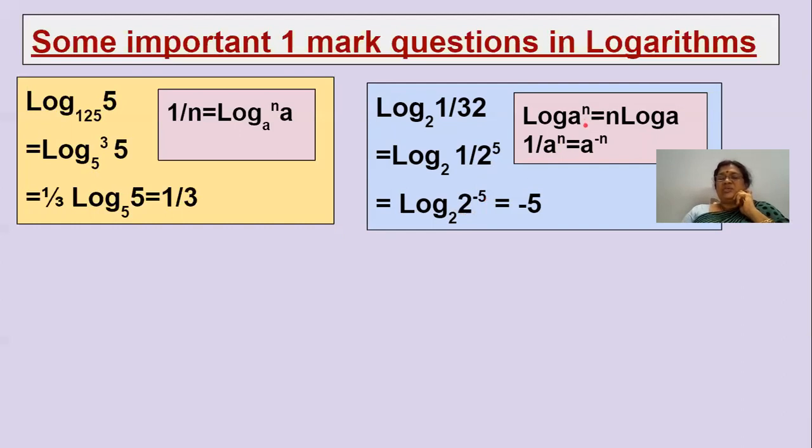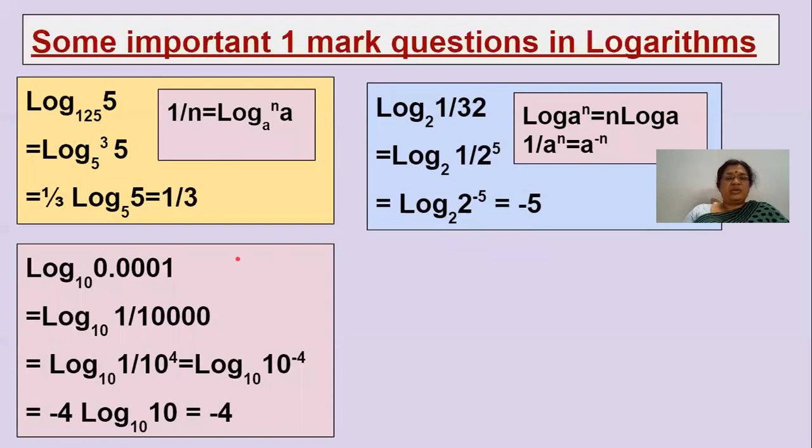So when you look at this formula, log a to the power of n, the answer for this is n log a. So this 5 will come and sit in front. So you'll get n log a. Here you'll get minus 5 log 2 to the base 2. Log 2 to the base 2 is 1. Log a to the base a is 1. So minus 5 into 1, you'll get minus 5 as the answer.